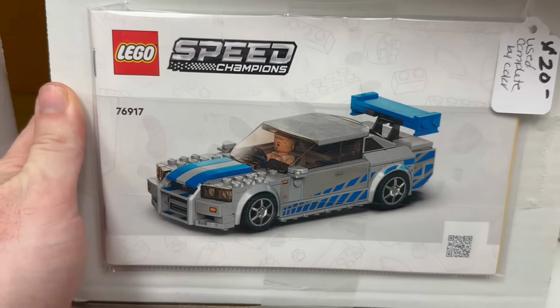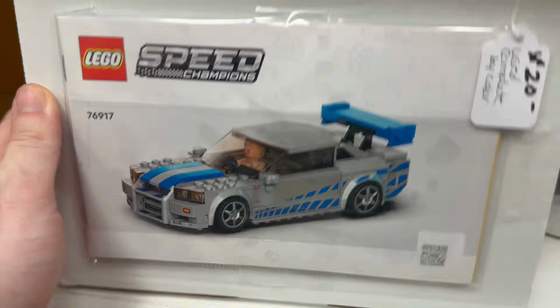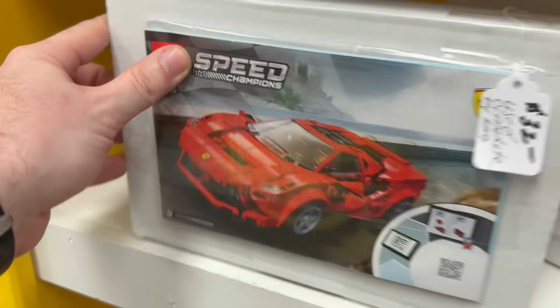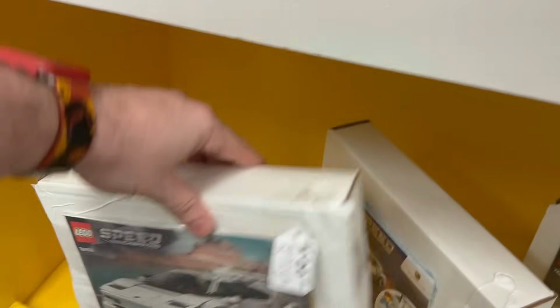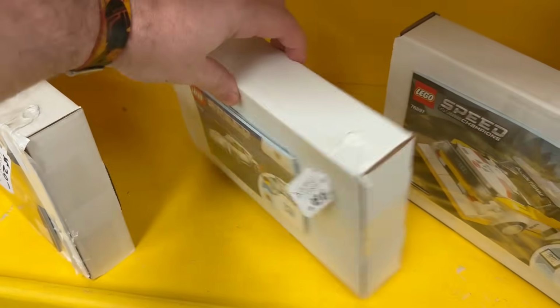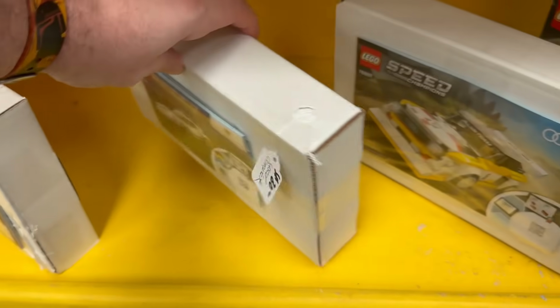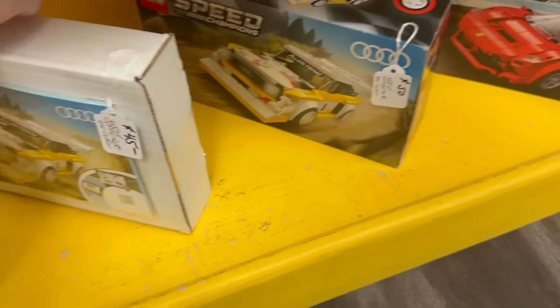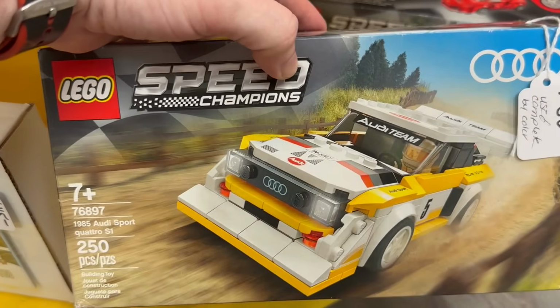Here is the Fast and Furious Nissan Skyline. That was Paul Walker's car. And then we have another newer Ferrari right there. Here is the Lamborghini Countach. That's what I was trying to remember earlier. There's the Porsche 911. Then we have, look at this, we got a used version of the Audi Sport Quattro,